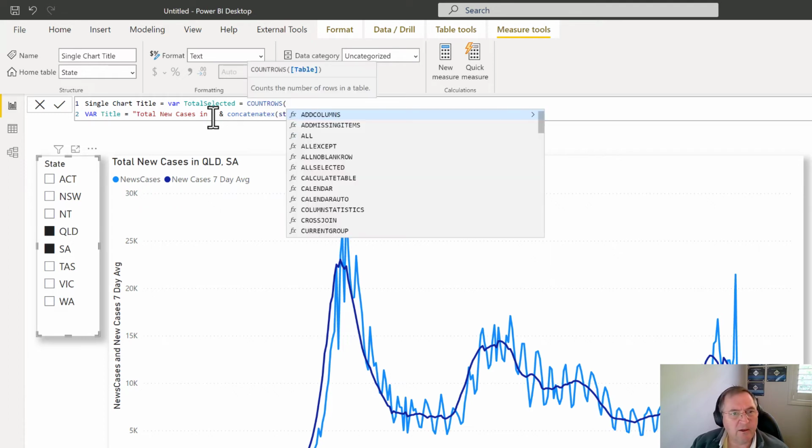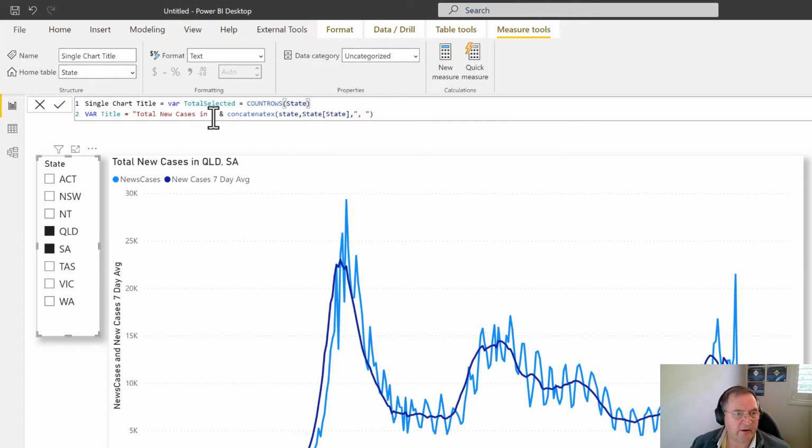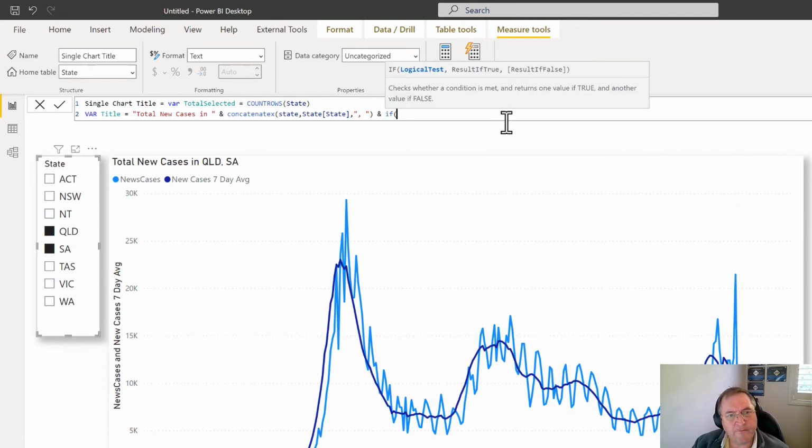And that can be count rows of state table. So the state table is going to react based on the filter here. And so this is either going to be 1, 2, and so on. And so what I can do is I can concatenate at the back here something that says if total selected is greater than 1, then I also want to concatenate